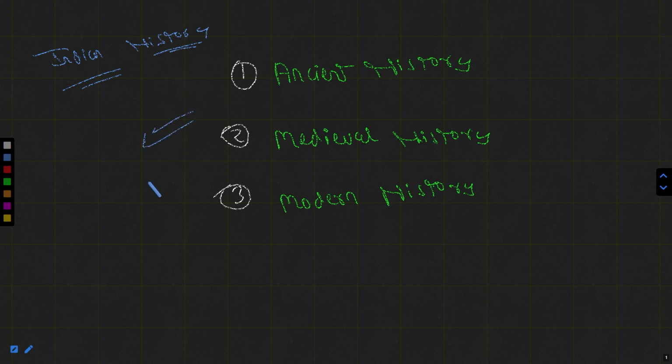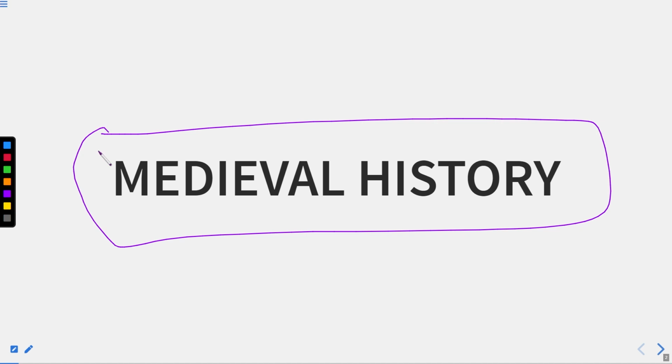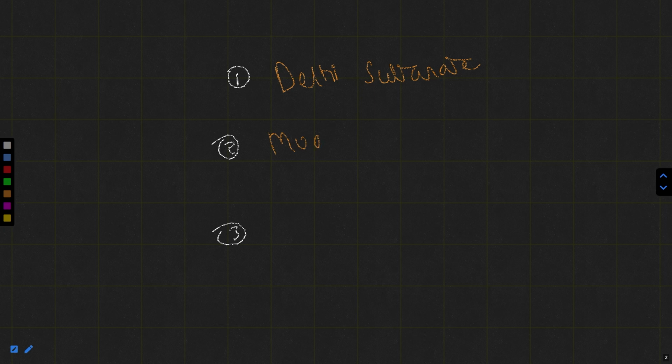And basically we are discussing the medieval history. As I had told you in the previous lecture, we had three main topics to learn about: 1, 2 and 3. The first one is the Delhi Sultanate. Let me write it down again. Delhi Sultanate, first topic. Second one was the Mughal Empire. And the third one was Indian dynasties. All of these are part of medieval